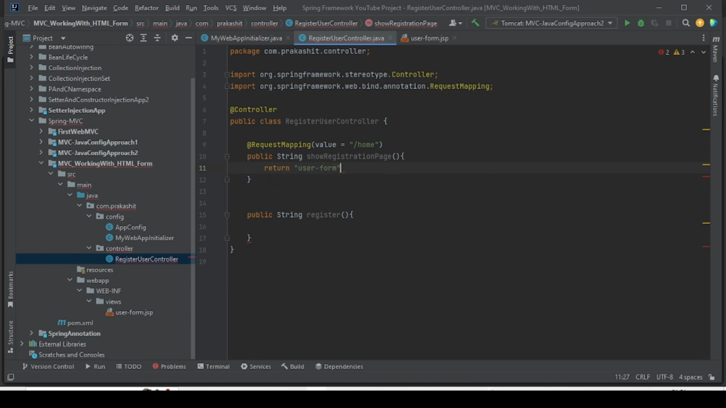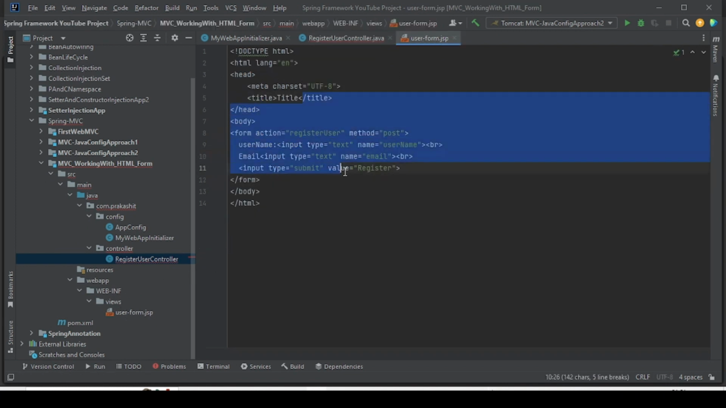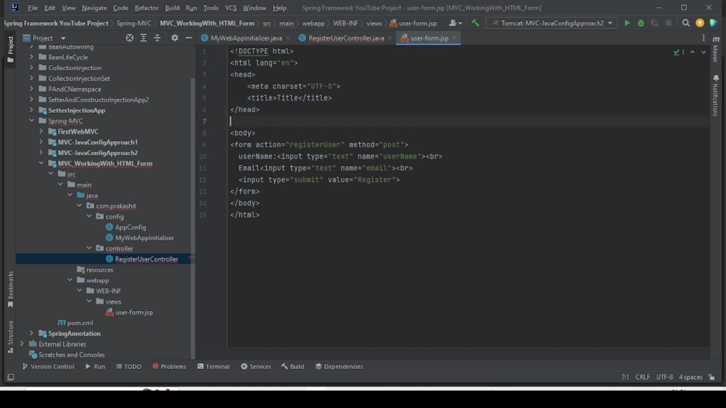Okay, once we configure this, this request will land on the user form. So the user form is nothing but this page that will be opened. Let me add one thing I forgot to write here. Here we can write some